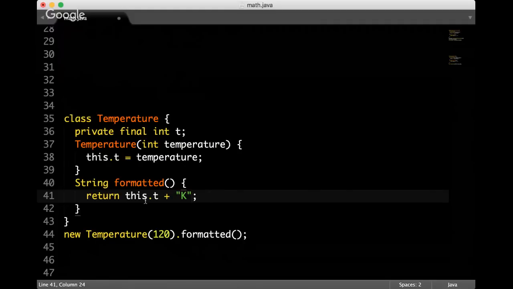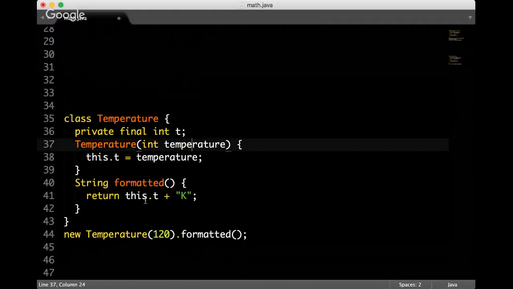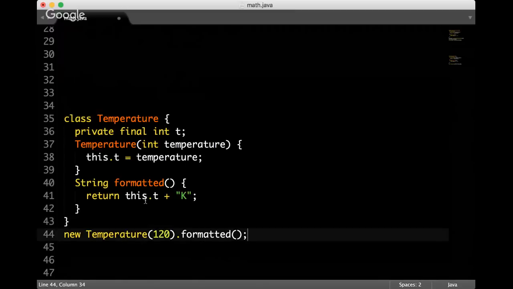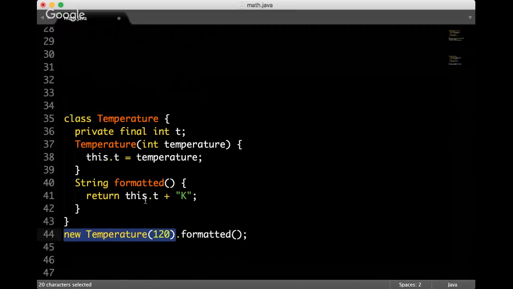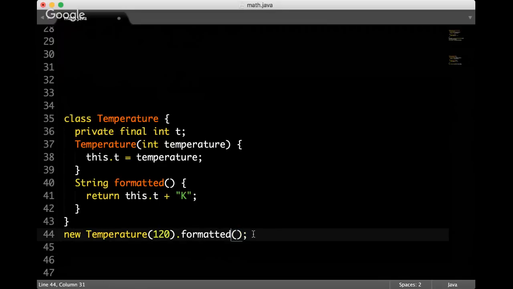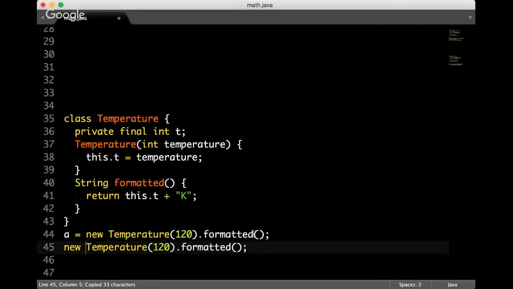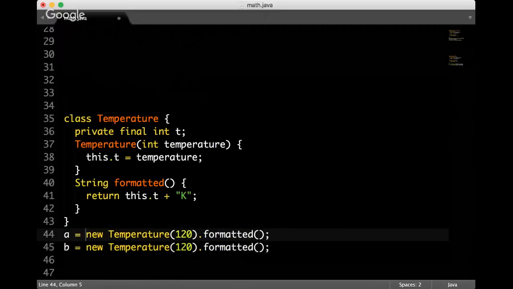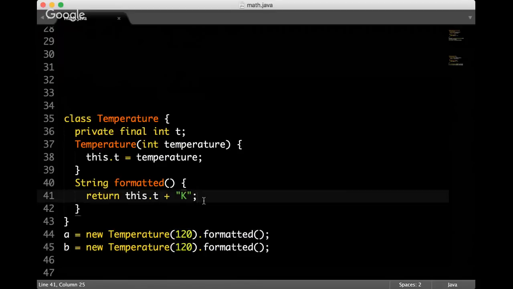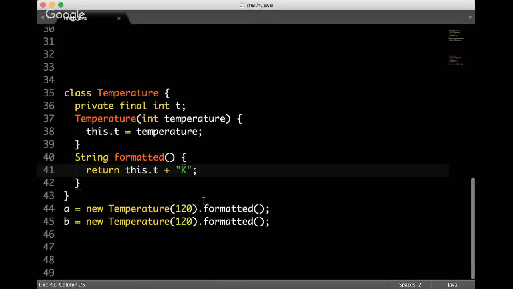And now the next question: what will happen with this class if I change it this way? Because look, let's go through it again. Now when I create an instance of this object, and then I call formatted, no matter how many times I do that, it's always going to be the same. So A and B always will be equal to themselves. If this value is the same, then the result is the same. So it's perfectly immutable, and everybody expects it to behave like that.